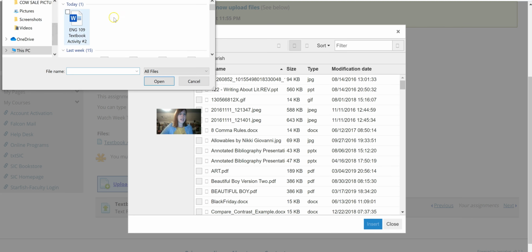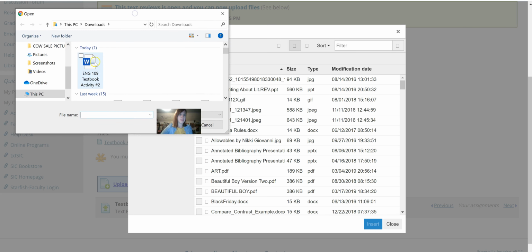You're going to pick it off of your computer. So for example, I'm going to pick this textbook activity here, and make sure you label everything properly. I know most of you are taking multiple classes, so just be sure you put English 109 and put textbook activity 2. Label your stuff as accurately as possible, because the most frustrating thing is if you accidentally upload